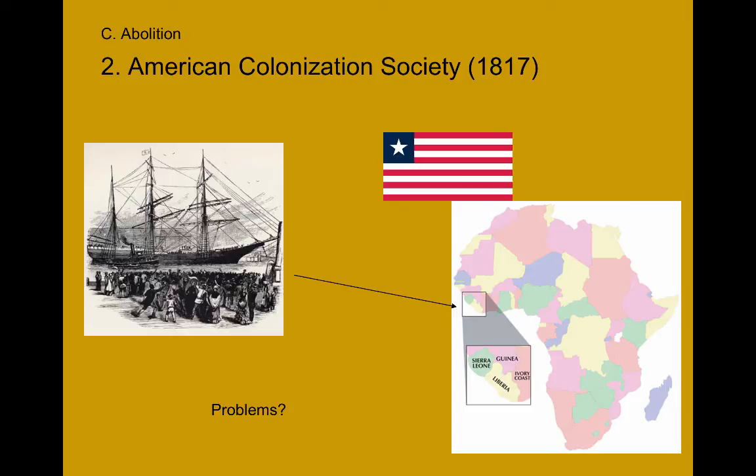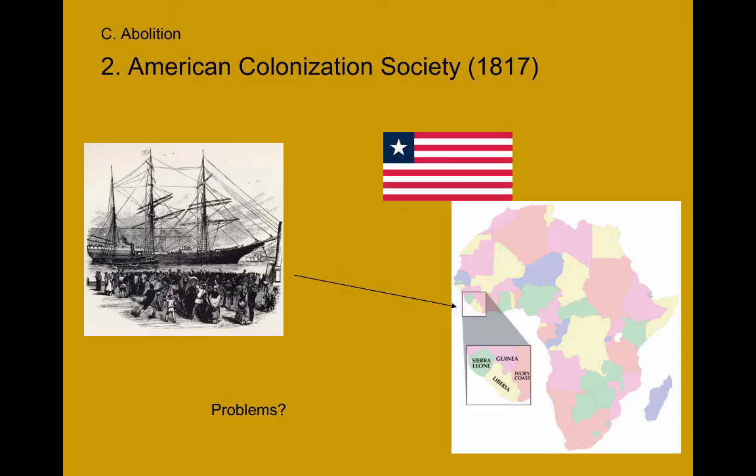It does not work. First of all, it's very expensive. You can't free all of the slaves because that would take a lot of money. And second of all, the plantation owners wouldn't want to sell all of their slaves. Who was then going to pick the cotton for them? And so it's a very impractical idea. And as to that, nobody asked the slaves themselves before we got this society started if they wanted to go